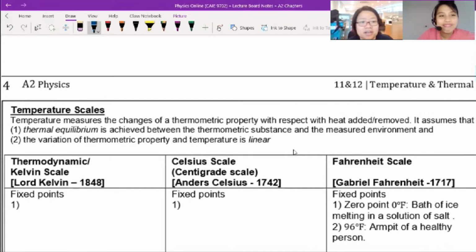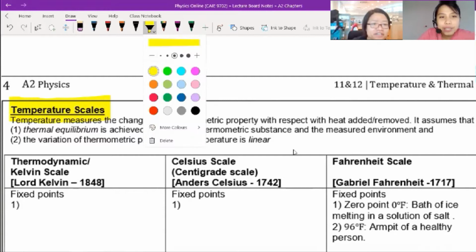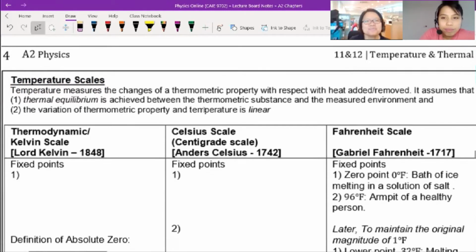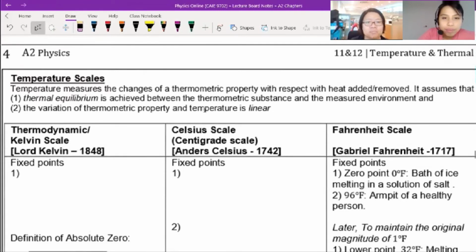We have looked at thermometers, and now we're going to look at what we write on thermometers, right? The scales, right, Miss Ellie? Yes, temperature scales. Not the fish scales. The numbers that you write there, what do they mean? Okay, so whenever we measure temperature, we will measure the changes of a thermometric property with